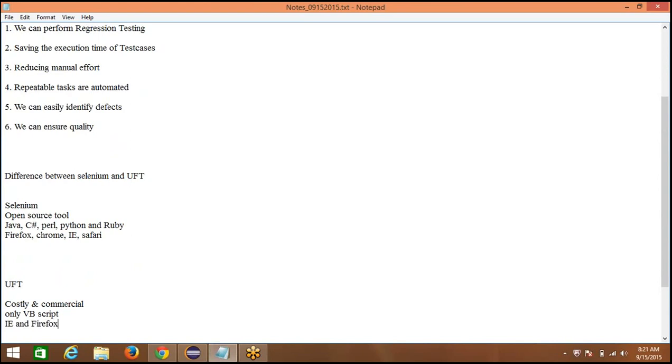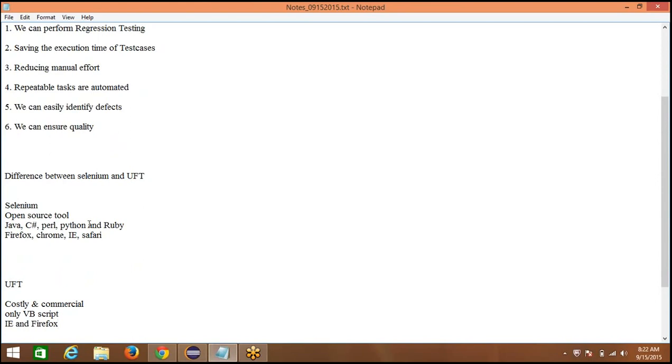That too, the latest versions of Firefox will not be used. Some older versions like 24 or 23 are to be used there. But in Selenium, we can use the latest versions. Suppose the version is 41, we can use up to 38.0, like that. And the latest version of Selenium is 2.47.1.